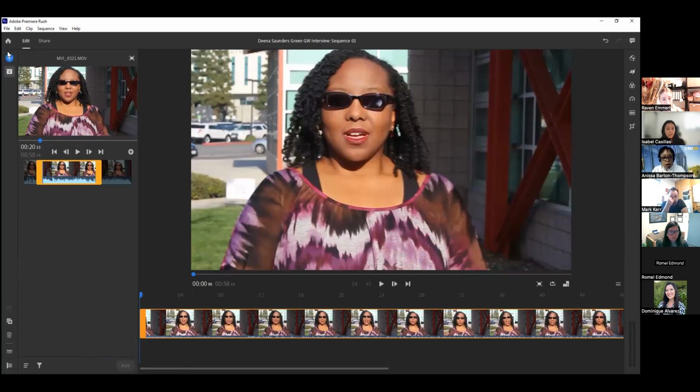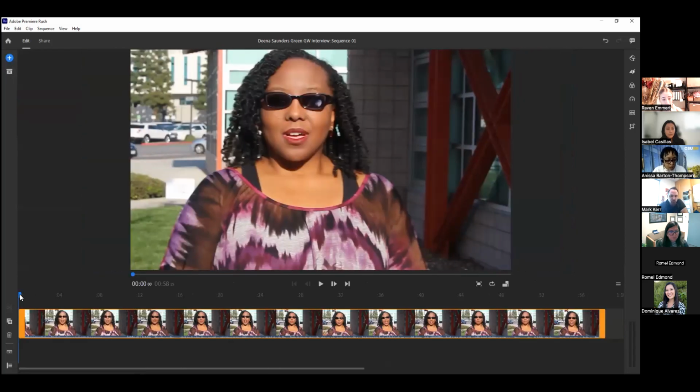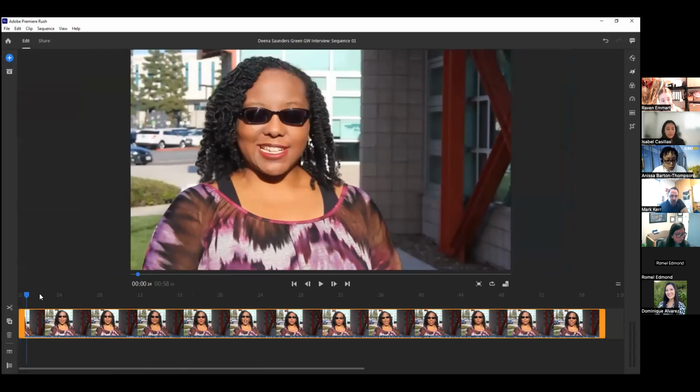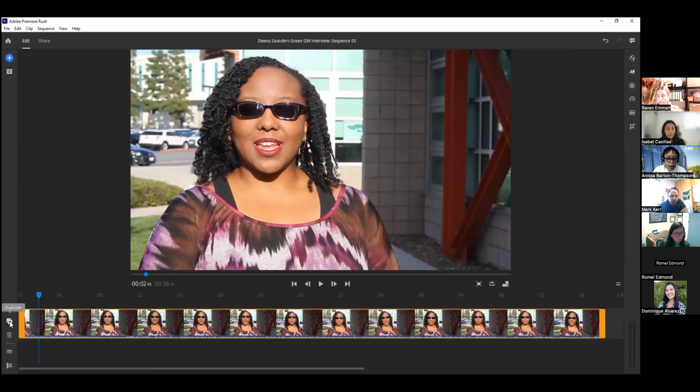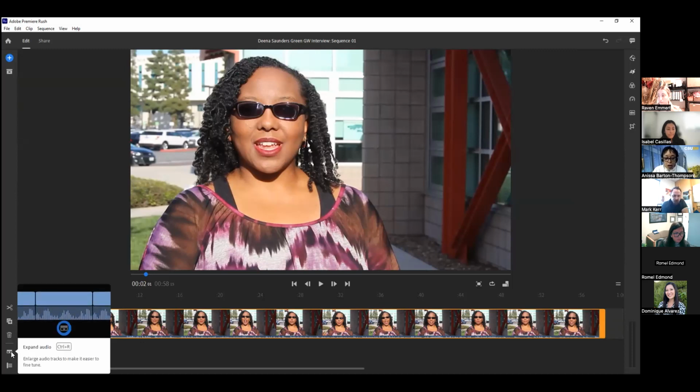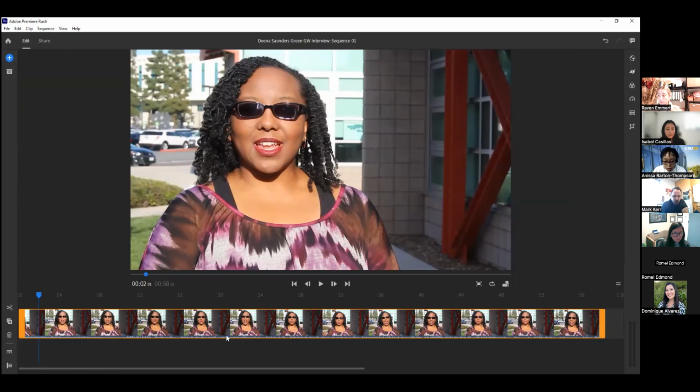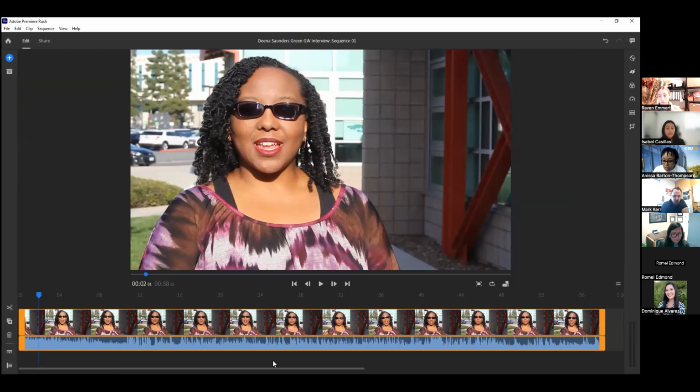So she is now on the timeline. And this is what it looks like when there is actual content on the timeline. Down below in the lower left corner, you're going to notice there are some tools here as well. There's scissors, where I can split a clip or trim a clip into two or more pieces. I can duplicate clips. I can get rid of a section of a clip or an entire clip. I can expand the audio. So you'll notice that it shows the video, but there's a tiny visual of this audio track. And sometimes it makes it a lot easier to do your editing if you can see the full audio